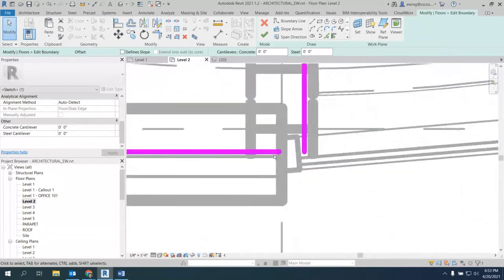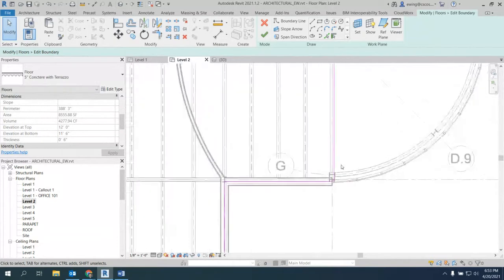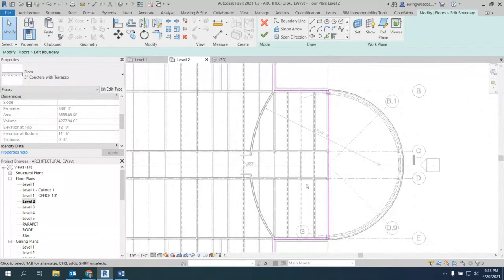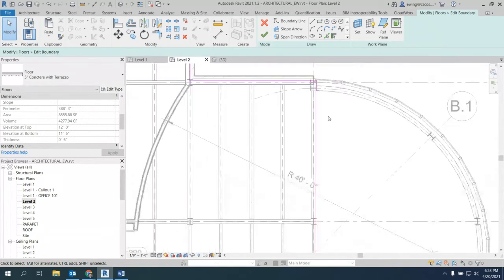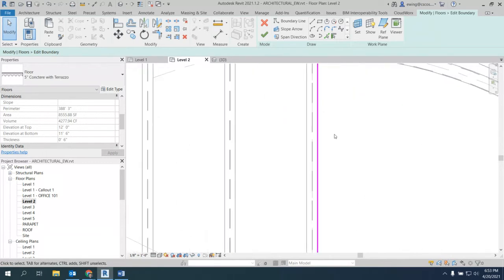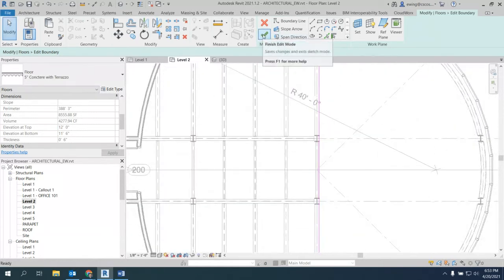Now I'm going to check mine because I'm paranoid. I got this one here, and I'm going to drag that over like that. Professor. Yes. My lines actually follow through all with where I moved it, but there are very thin cutouts on the magenta line. Little cutouts? Yeah, like it's not continuous. It's just a thin cut in it, but if you hover over it, it highlights the entire thing. I can't quite picture it. It's probably okay. We'll find out right now, because if you click on the green Finish Edit Mode button,